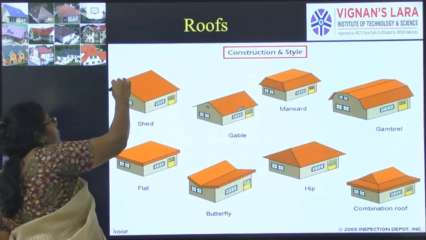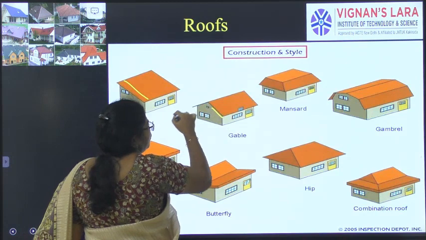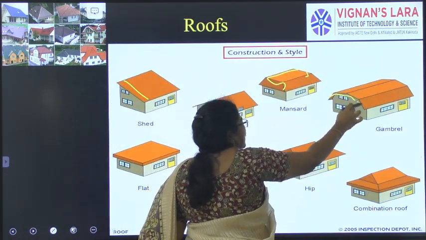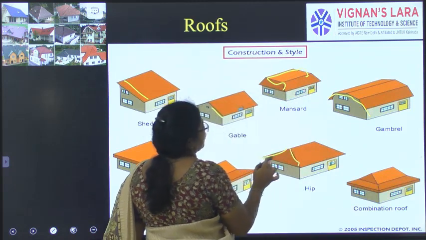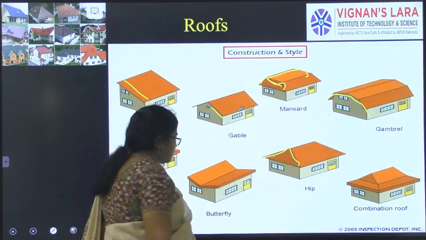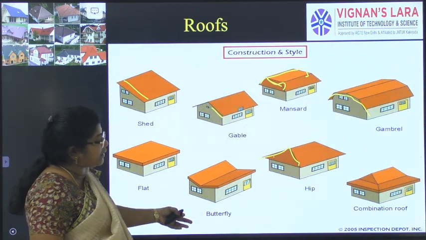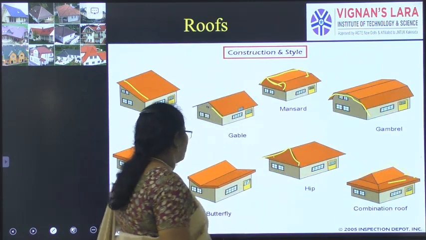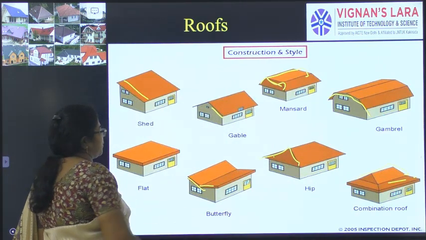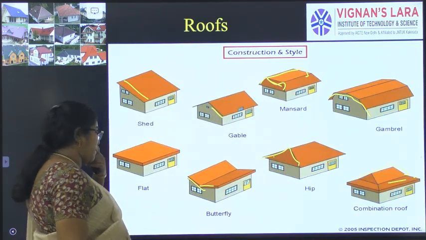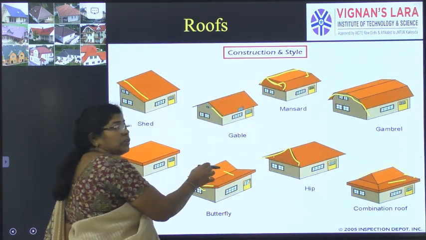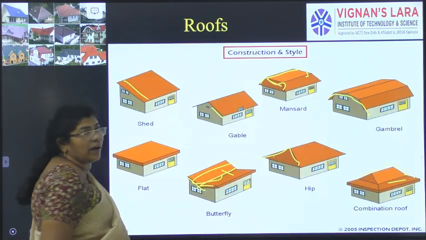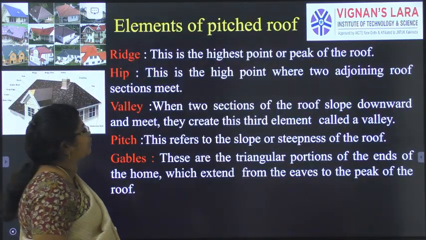So you can see here, this is a lean-to roof. This is a gable roof. So this is a gambrel, where we have a break in between. This is a hip roof with a break, which we call a mansard roof. Here there are also other types, that is a combination of roofs: a flat roof with a sloped roof, and the butterfly roof is also there. Mostly we don't go in for this because the rainwater or snow will stagnate here, which will make this part very weak. And this is a flat roof.